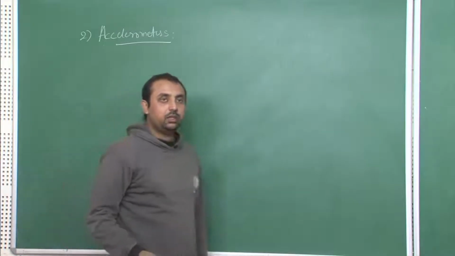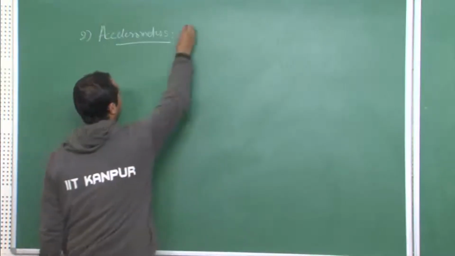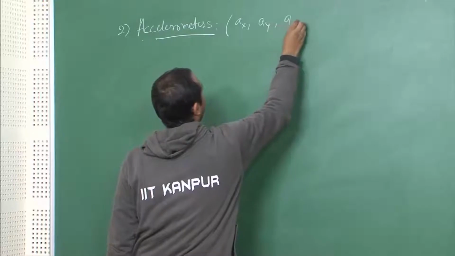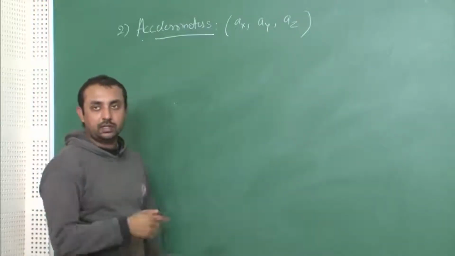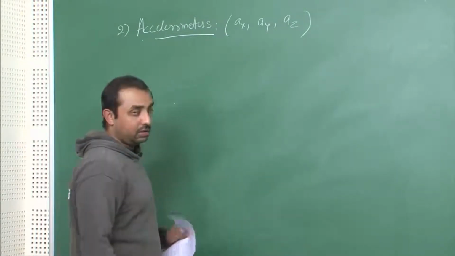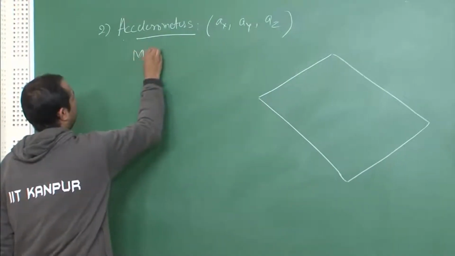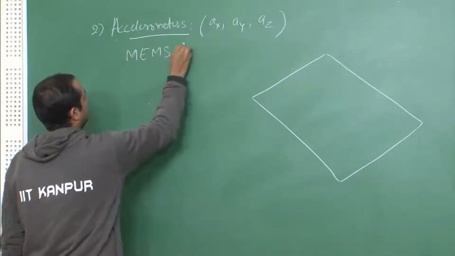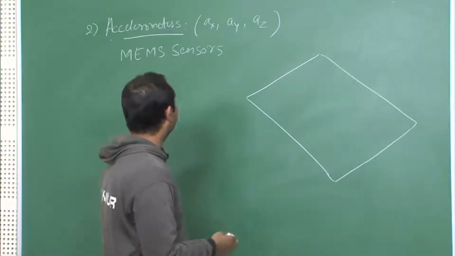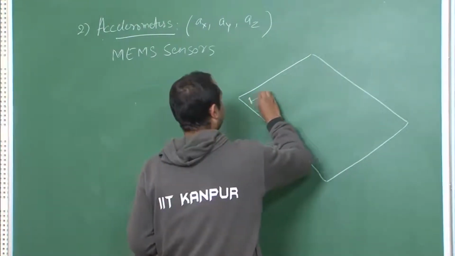Remember when we showed you the flight data recorder, you saw there were three terms named AX, AY and AZ. These represent acceleration in X, Y and Z direction. Now the accelerometer, the working principle is, this is for MEMS sensors. The schematic of the MEMS sensors which you use is, these are your